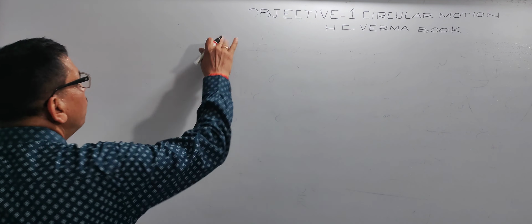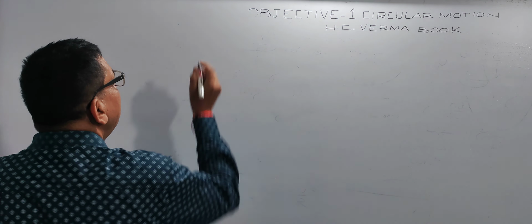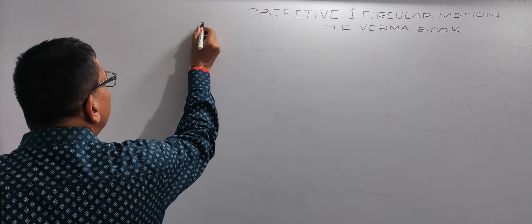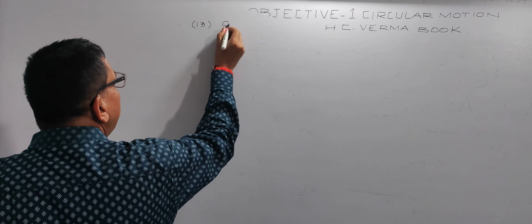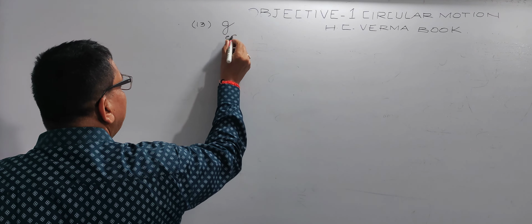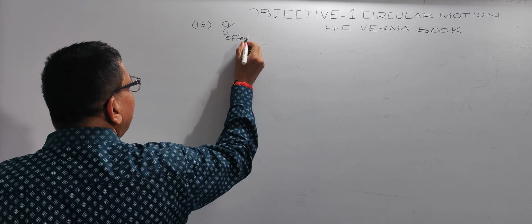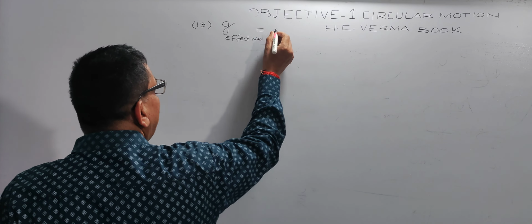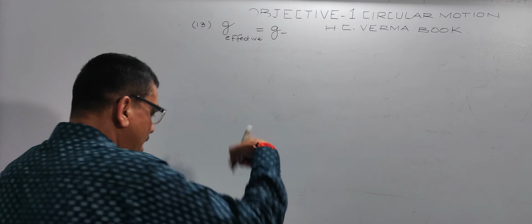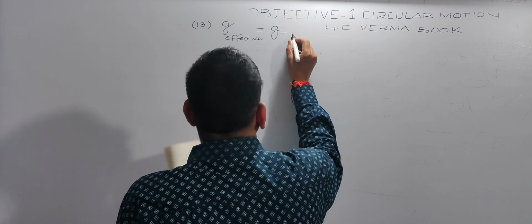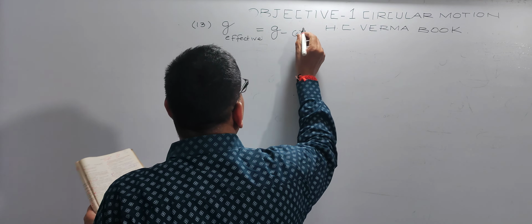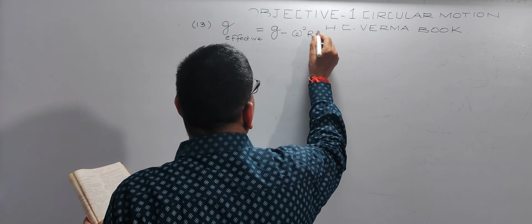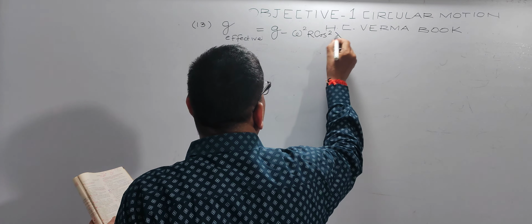For question number 13, the apparent acceleration or g effective can be written as g minus omega square r cos square lambda, where omega is the angular speed of the Earth and